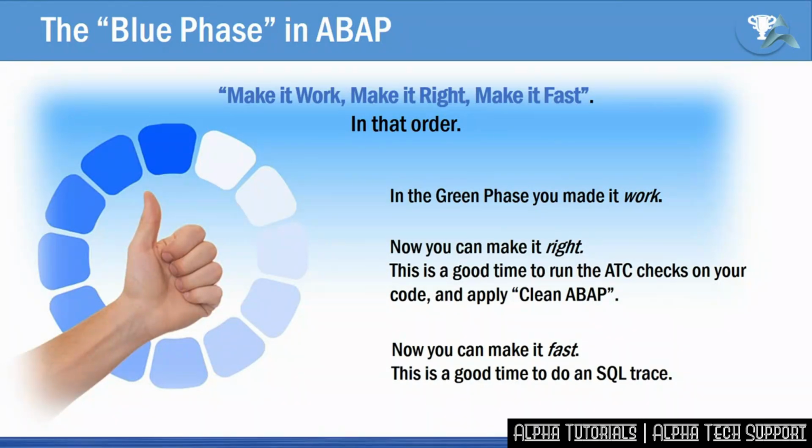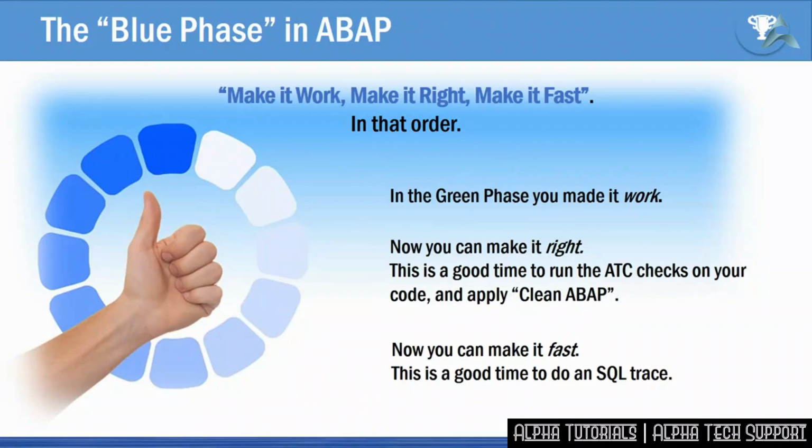This is also the time to apply the clean ABAP principles, as per the style guide on GitHub, again, a link is in the next slide. This adapts Robert Martin's, notice I keep talking about him, Clean Code book, the principles in that book, adapted for the ABAP language. Examples are using things like the new ABAP constructs, the latest language, like inline declarations, for example, which make the code shorter and or clearer.